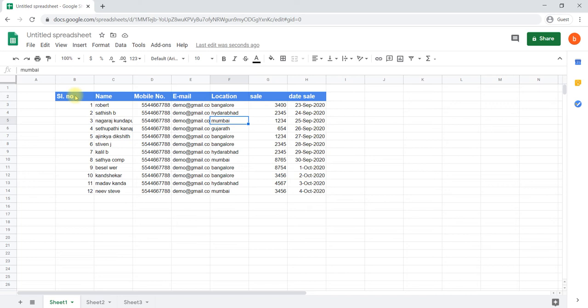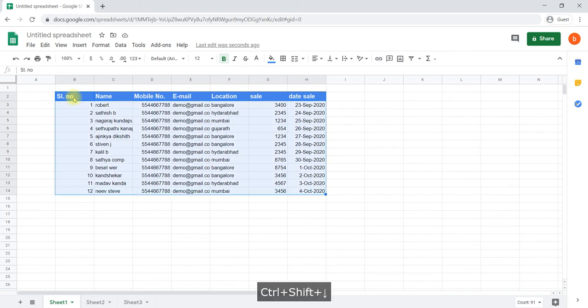And for example, if you would like to give all borders to your table, then select the entire table. The shortcut we can use: first select the first cell from where you would like to select the table, then press Control Shift Right arrow key to select all the columns, and Down arrow key to select all the rows.